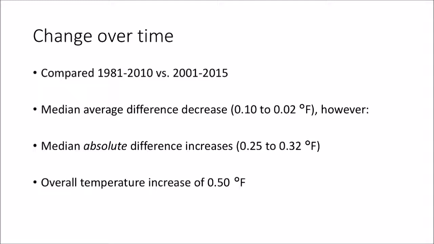So essentially, as mentioned at the open here, for most stations you have an overestimation by the traditional method due to that rightward skew. But this change over time is indicating that more stations are seeing less of that overestimation and some are going towards an underestimation. So the median is going down, but overall there's a bigger difference. So overall you have a more skewed daily temperature curve. It's just that some stations are flipping sign to an underestimation, so that's bringing down the mean and median. But this number here is showing that overall a bigger difference between methods, indicating a more skewed daily temperature curve is occurring in the more recent time period.